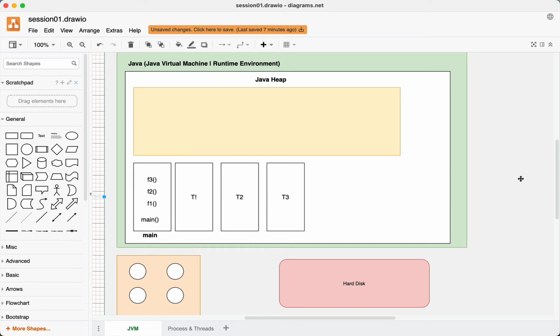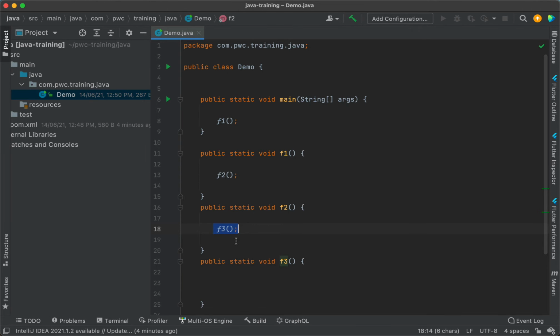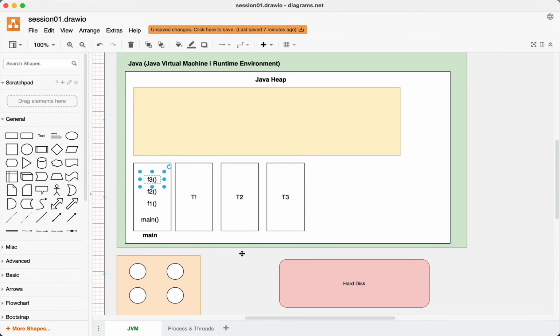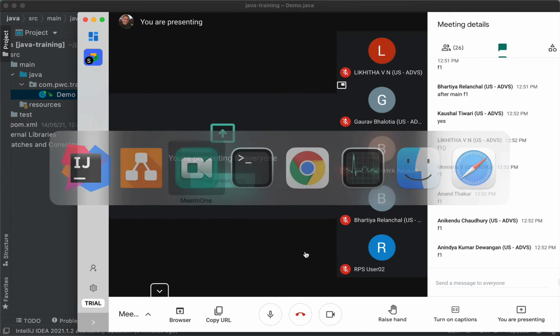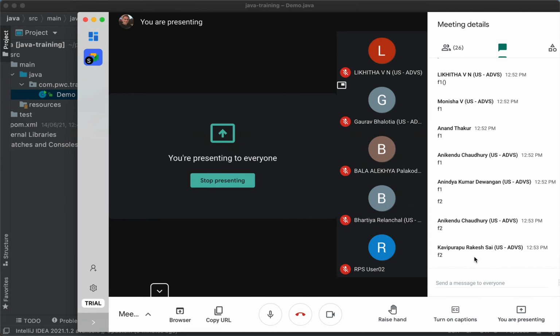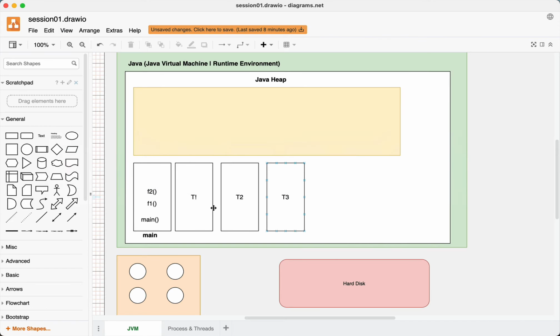In real life there will be hundreds of such functions that will be put into the stack, and they are executing. Now F3, for example, completes. You see this? F3 is executed. F3 completes. Suppose F3 will be popped out. What will resume? Come on, what will resume? When F3 is popped, F2 will resume. F2 is popped out. What will resume? F1. F1 is popped out. What will resume? Main. Main is completed. Main is popped out. That thread is done.